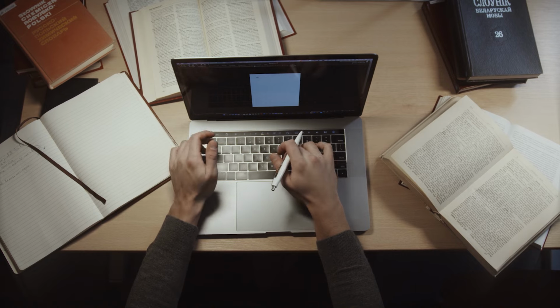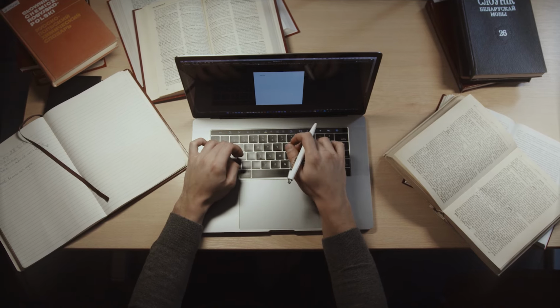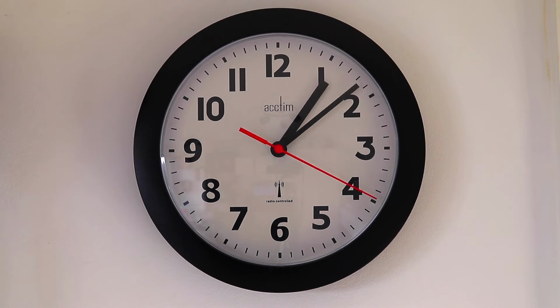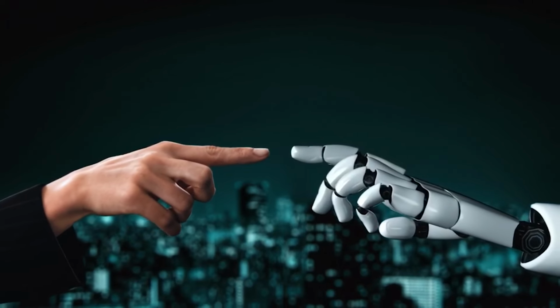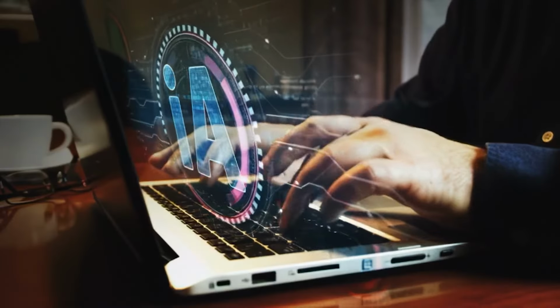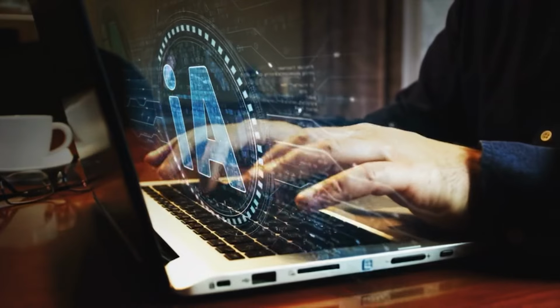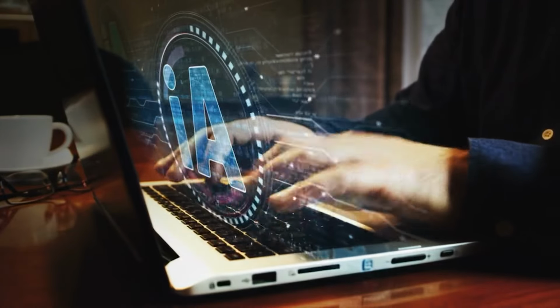The other problem though is that if you were to write original, unique content yourself from scratch, that's going to take you a very long time. So what if there was a way to get the best of both worlds? What if you could actually create original, unique content with the help of AI?